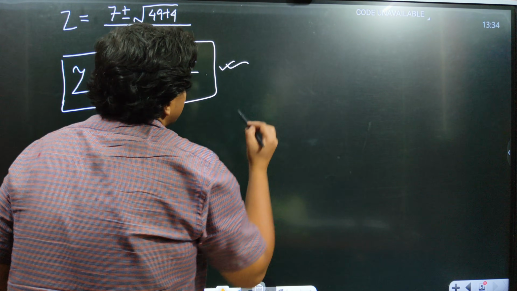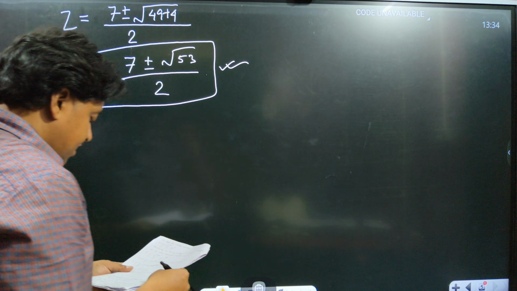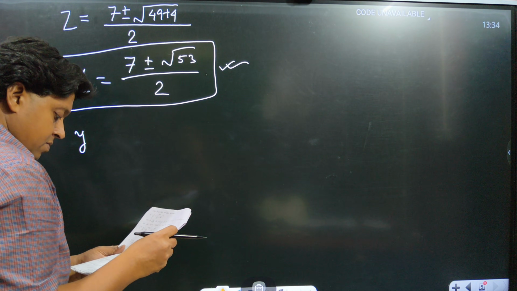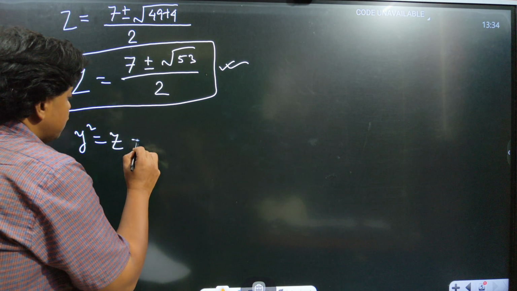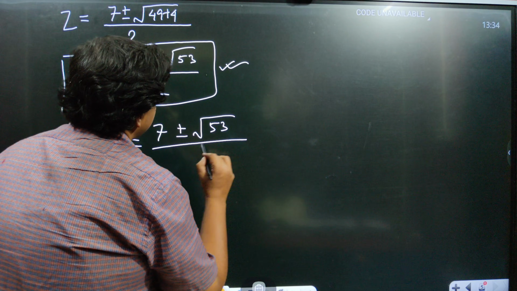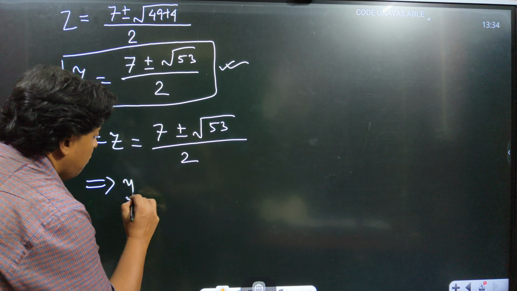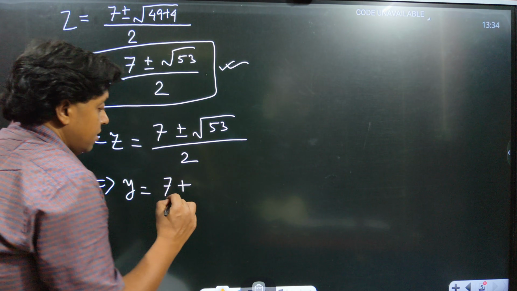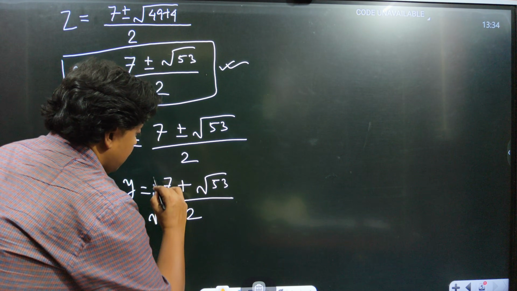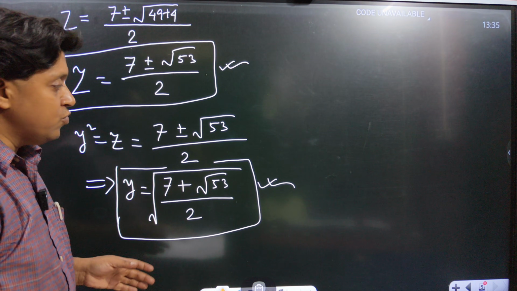So, if you are looking at the options, then you can understand that finally we have arrived at the answer. The correct answer is y square equal to z equal to 7 plus minus root 53 divided by 2. We were interested in finding the value of y. So, y should be equal to 7 plus root 53 divided by 2, and the whole thing will be under root. This is my solution, and as you can see, because I said